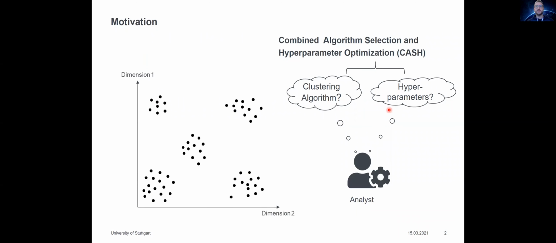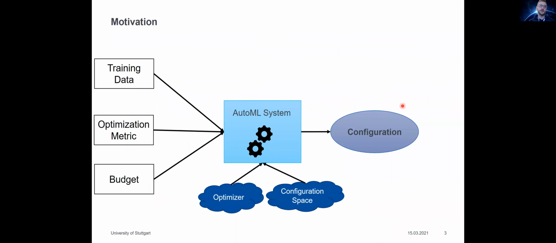While experienced analysts may be able to select valuable algorithms and hyperparameters efficiently, this is a tremendous challenge for novice analysts due to their missing experience and lack of domain knowledge. Recent work in the area of AutoML is able to address the CASH problem efficiently. They are able to address very large configuration spaces by using optimizers that explore them greedily.